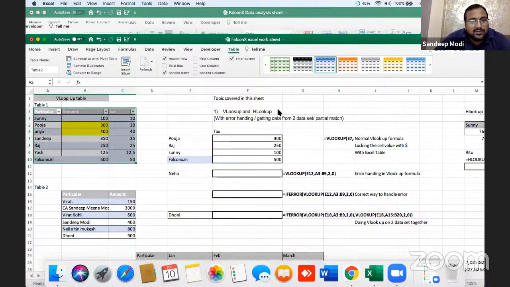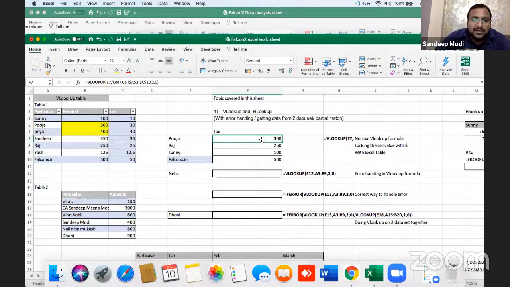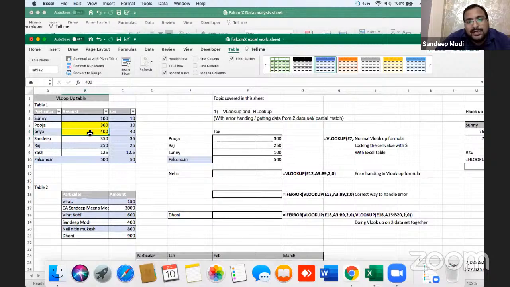Table in the sense आप बोल सकते हो कंटेनर है Excel के लिए, और कंटेनर से कंटेनर पे आपने VLOOKUP लगाया, तो अगर कंटेनर में कोई भी वैल्यू एडिशनल होती है तो अपने आप फॉर्मूला में वो कैप्चर हो जाएगा. This is how I can explain you in basic terms. So it's always important to put the data in Excel table.